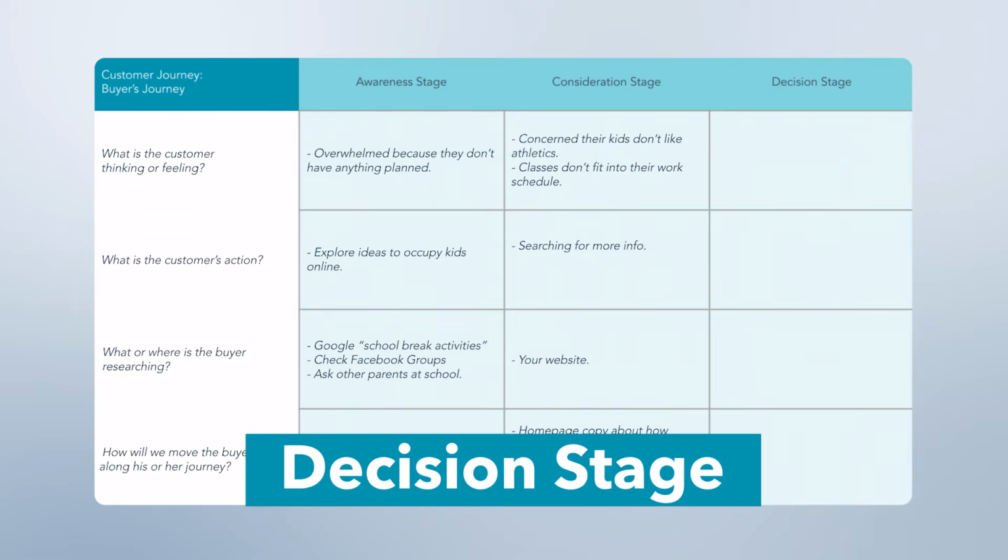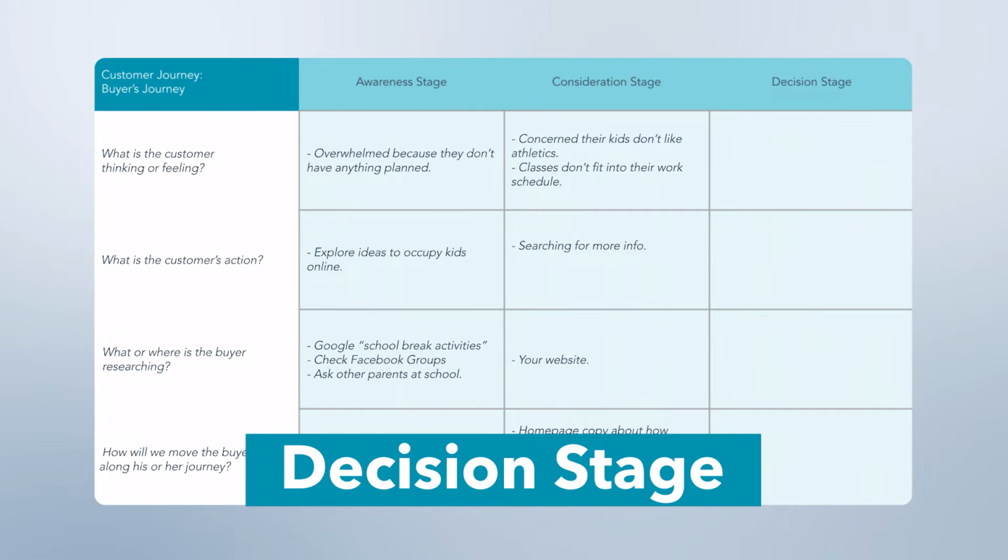And last comes the all-important decision stage, where the shopper will hopefully make a purchase. But that's far from guaranteed. In fact, research shows that a vast majority of shoppers decide not to purchase at this stage. One study found a 70% cart abandonment rate across dozens of e-commerce reports. That doesn't even count shoppers who never start a cart. So how can we turn shoppers into buyers for our kids' soccer classes? Let's use the journey map template to lead the way.